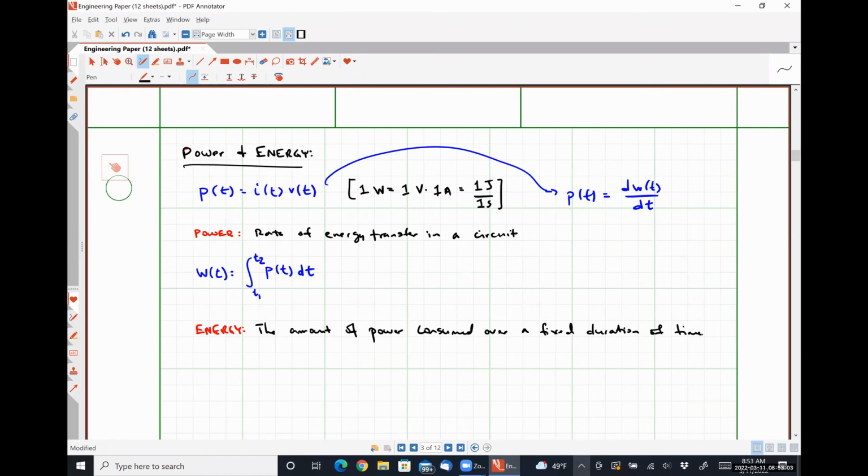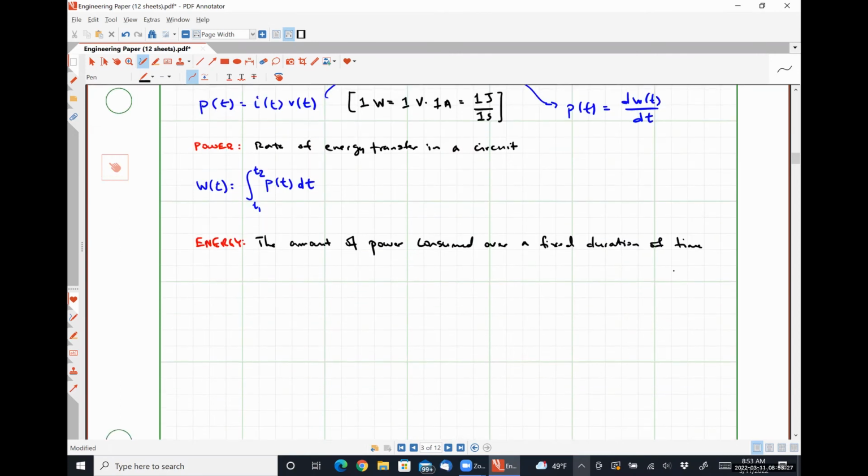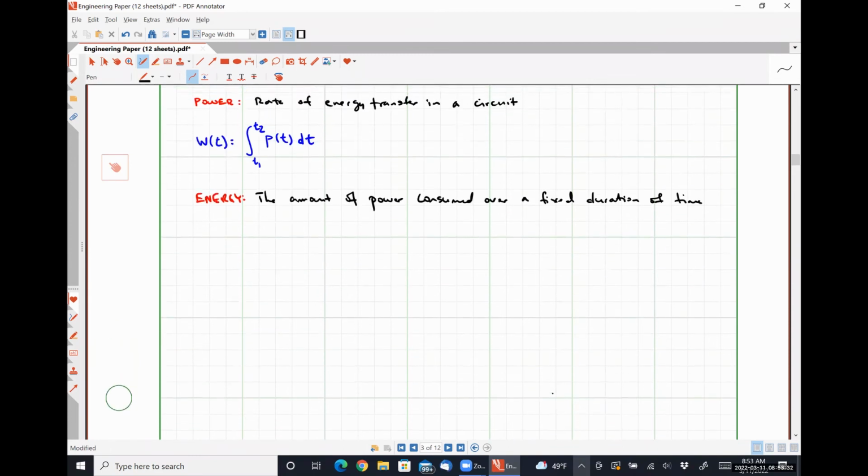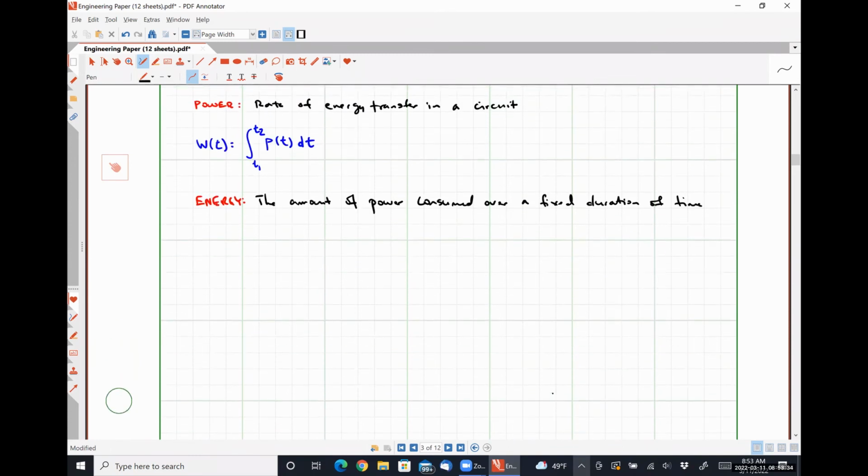The topic that I'm going to talk about next, specifically related to power and energy, is what's called the passive sign convention, and it is one of the things that trips students up the most in this class. It's going to bite you in the butt the entire duration of this class, okay? So I'm going to try to explain it to you as succinctly and as unconfusingly as possible. So let's say